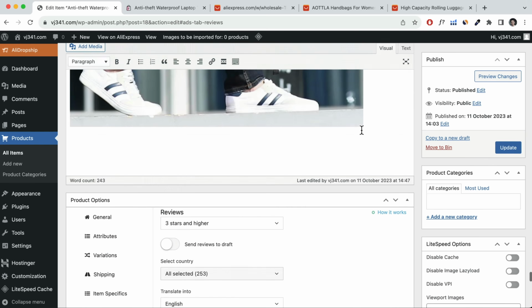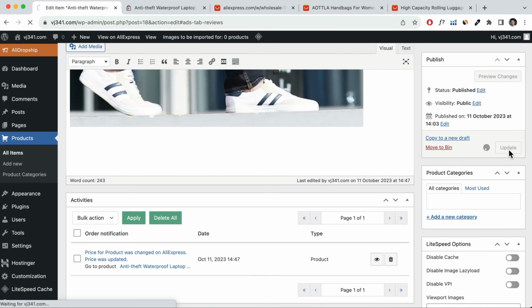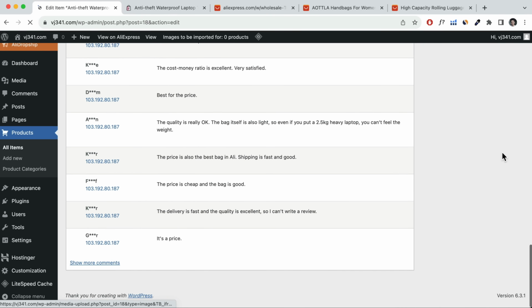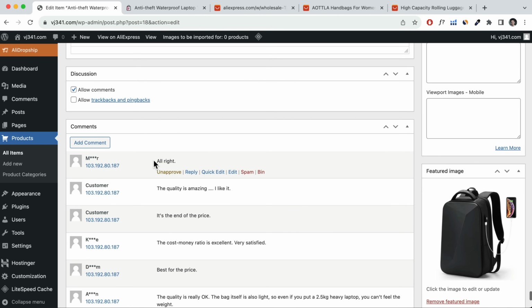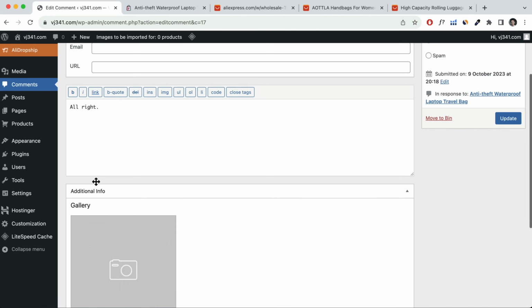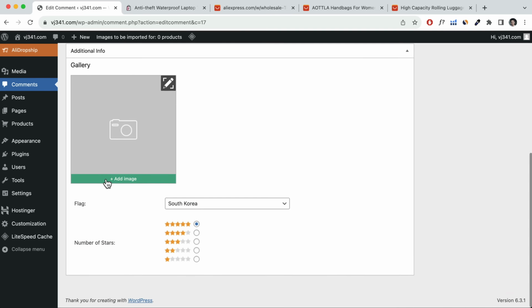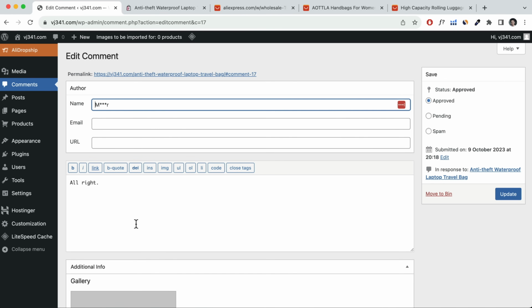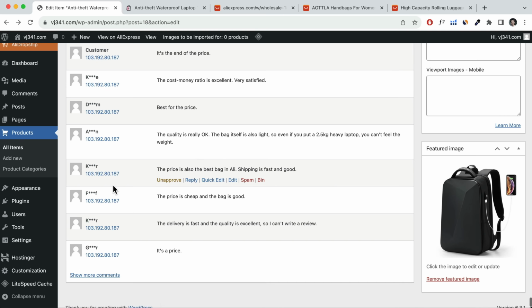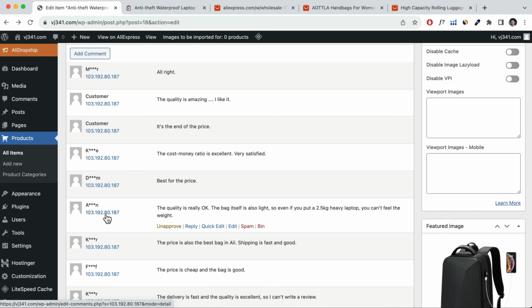So once that is done, we can hover over here. Let's click on update, and hopefully if we scroll down over here, we have all the comments, which is the reviews. So you can go in there and click on edits, and you can review the comments, and you can also edit it. For example, if it has any images that you want to delete, you can also do that as well. So let's just click on back, and let's try and find one with perhaps an image, maybe something like